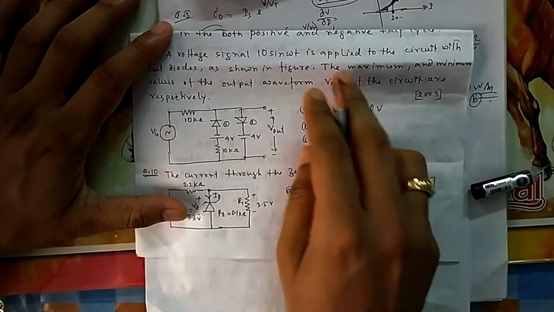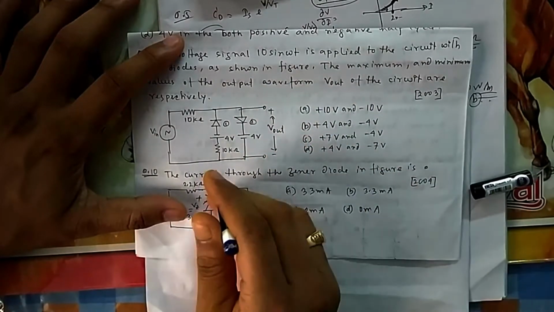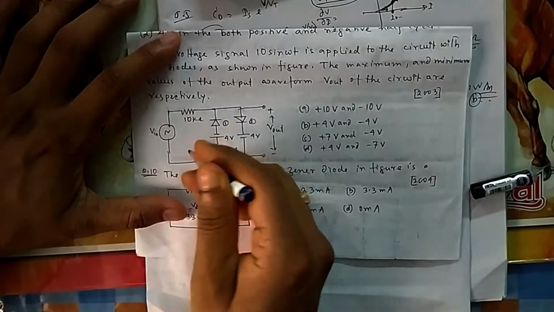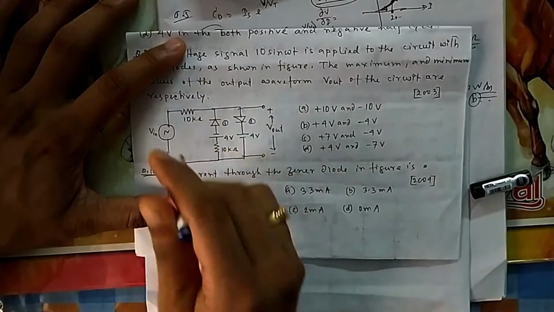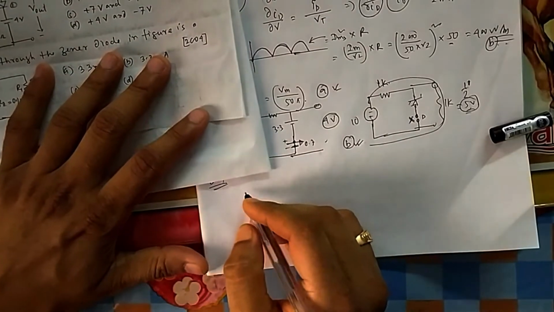So let us see the maximum and minimum values of the output voltage. What is the maximum, minimum voltage? Okay, whatever you consider. So for maximum voltage it should be positive half. So let us consider it is positive half. So positive half, because it is plus minus voltage. So let me draw two separate circuits like the earlier one. So if it is a positive voltage, let me draw. And what is the peak voltage? This is 10.